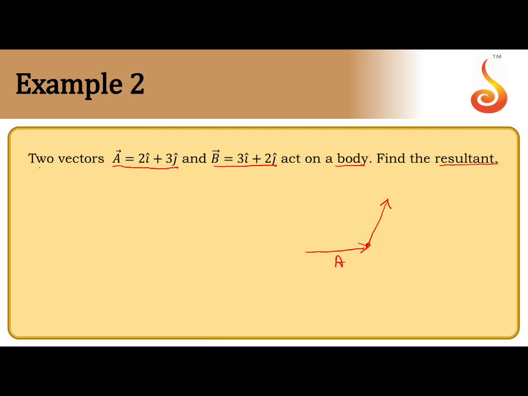that the end point of one is the starting point of the other, then the resultant of the two is given by the third side taken in the reverse order. This is triangle law. On the other hand, if the terminal point of one is not the initial point of the other, then if the starting points are same, this is vector A, this is vector B, we need to complete the parallelogram. The diagonal will give you the resultant.